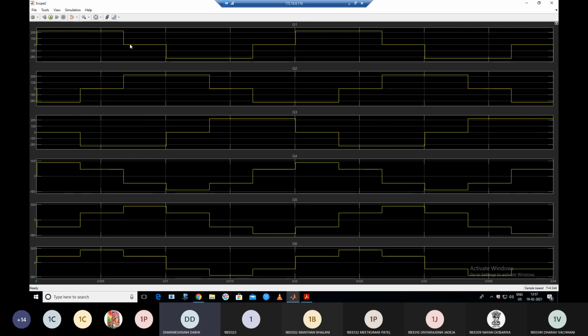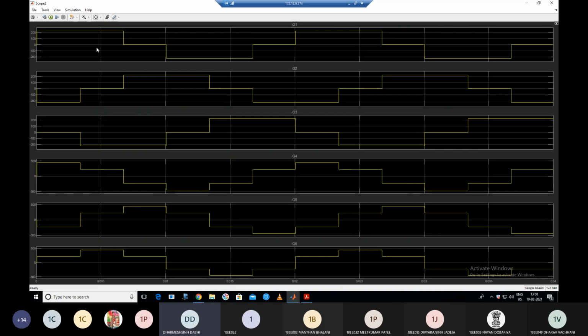Same way, here you can see that in 120 degree mode, you get the phase voltage, and that type of waveform is called a quasi-square waveform. For 120 degree you get the waveform, then after the next 60 degree you get 0, then again you get the negative maximum, and then again 0. So this type of waveform is called a quasi-square waveform. But if you see the waveform of 180 degree mode, this type of quasi-square waveform you get in the line voltage. If you observe that. Clear? So exactly opposite waveforms you get in the phase and line voltage in 120 and 180 degree mode.